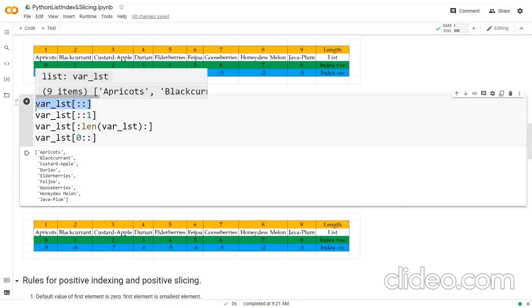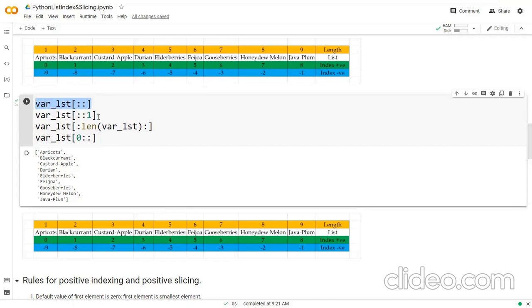My first element, second element, and third element are all default. In the second case, first element is default, second element is default, and for the third element we are keeping 1.